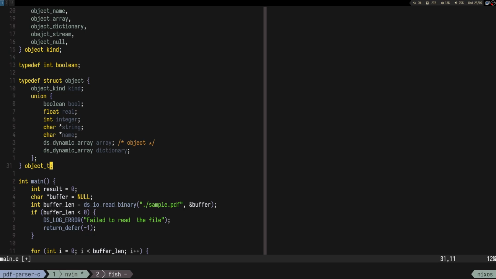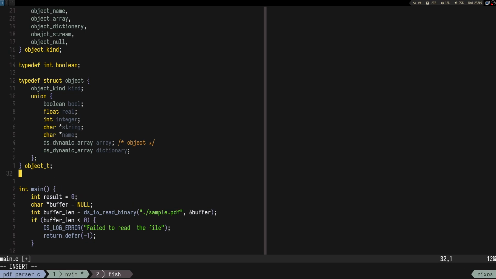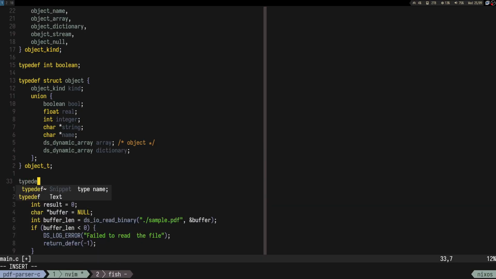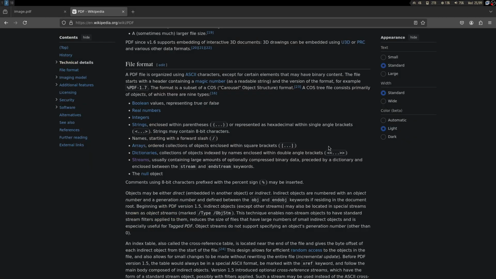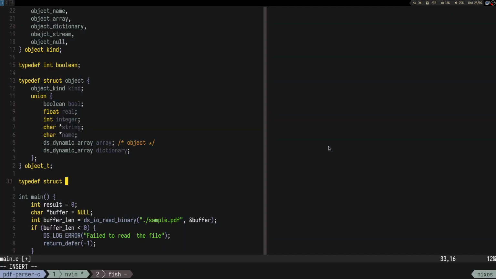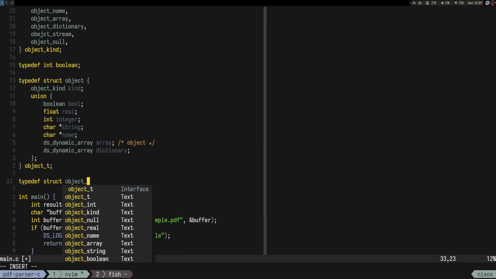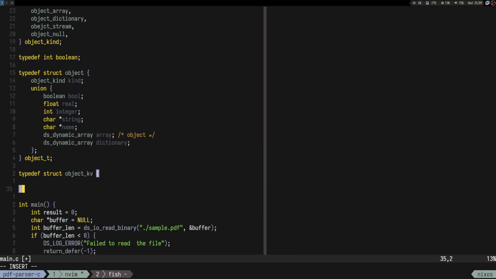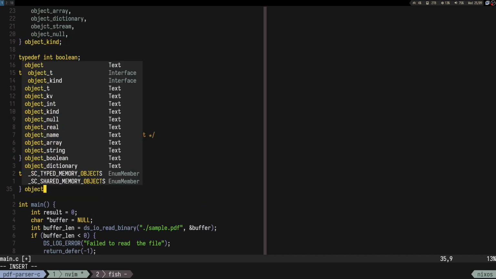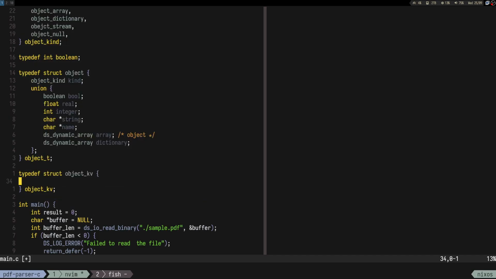So how I can do that is have a structure, let's call it object kv or whatever, object kv,